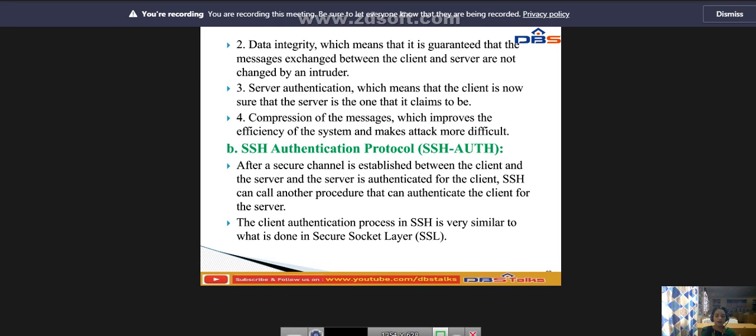If the client is authenticated, we do not need to repeat with a new request message. This is the secure shell authentication protocol.